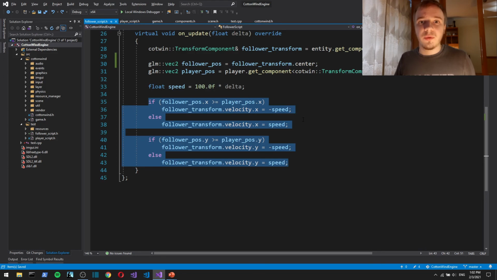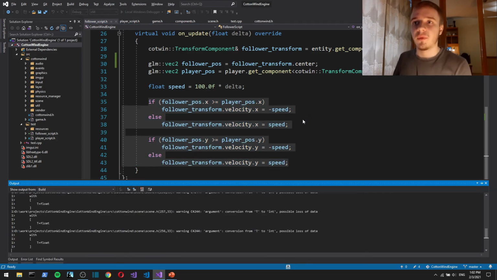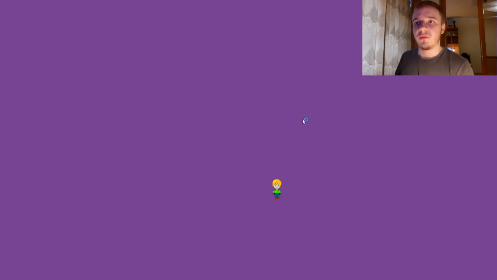So I went back to the original solution that we had just to compare the two. So this is the original one. You see the movement.